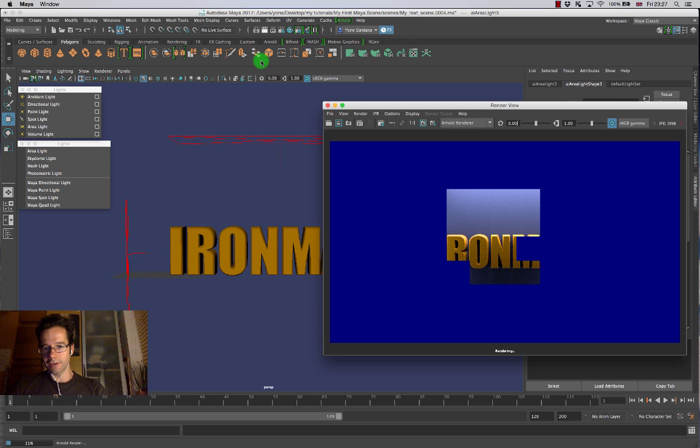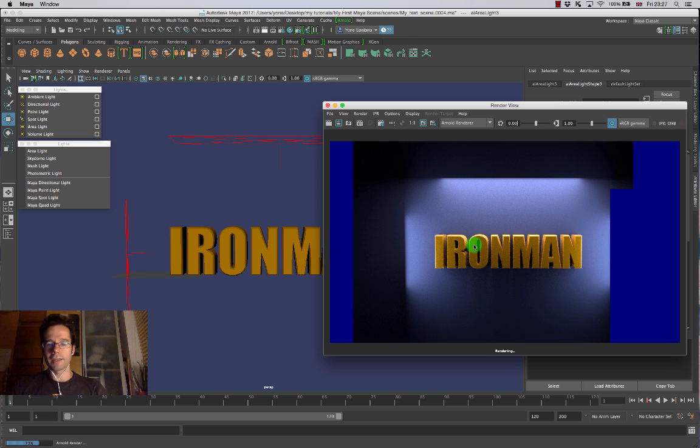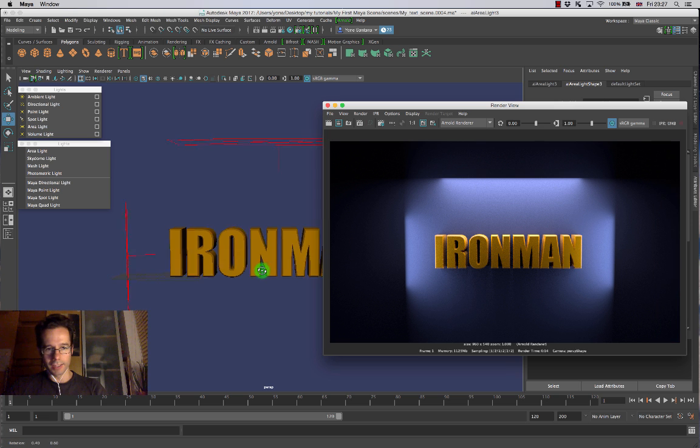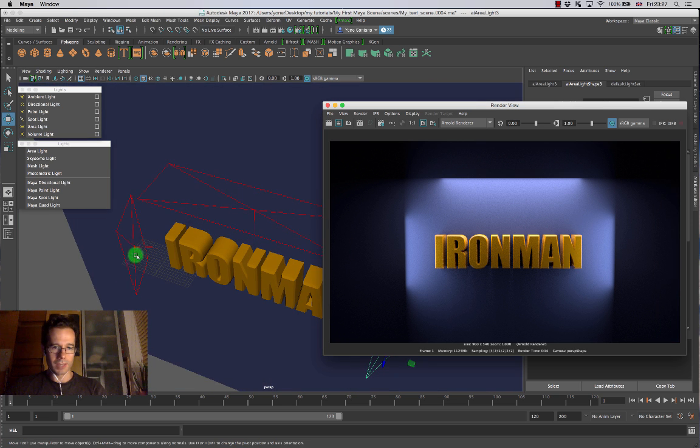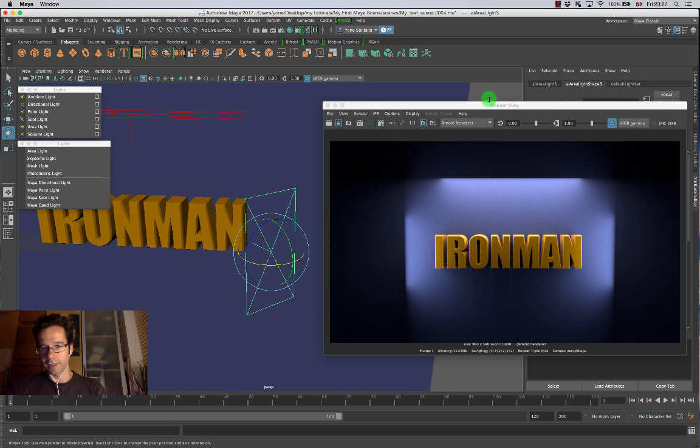So if I come over here now and I start looking at the effects of this light, I should see that I'm starting to light the text up like so. And importantly for us, you're going to start seeing some nice highlights coming towards the text like this. I might have to rotate my lights a little bit further and move them around so that they're pointing towards the type like this. So I'm moving them just a little bit further away,